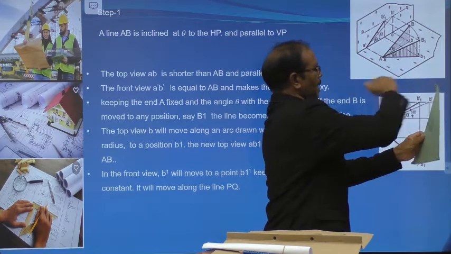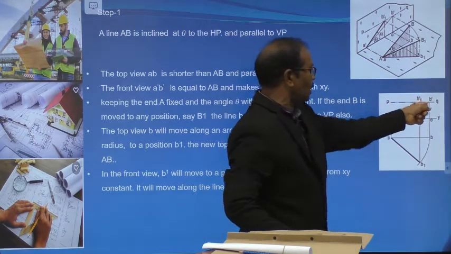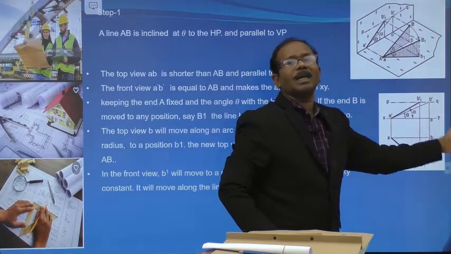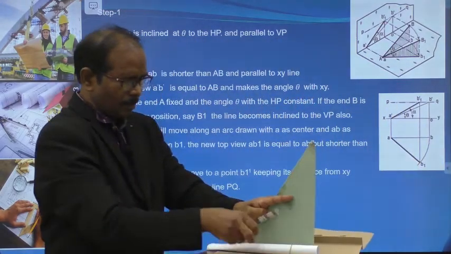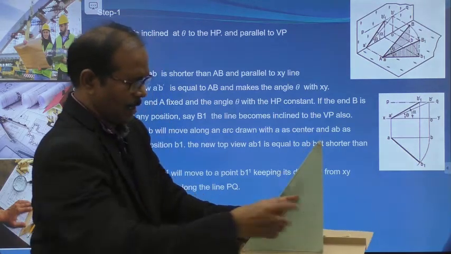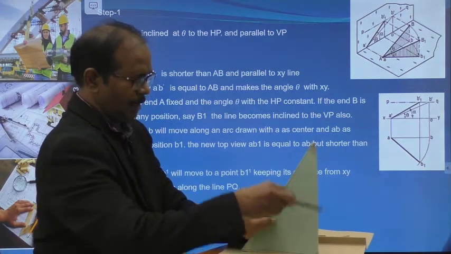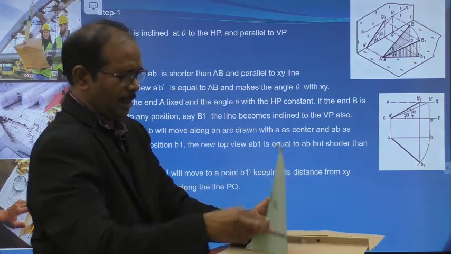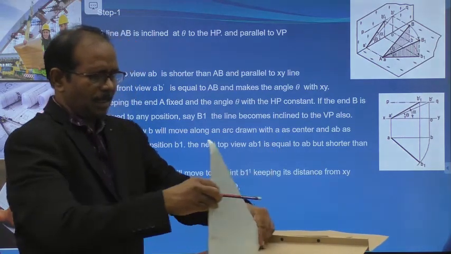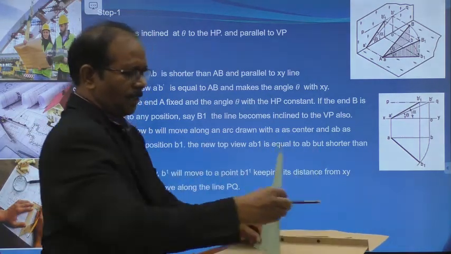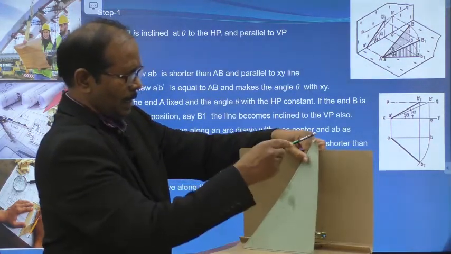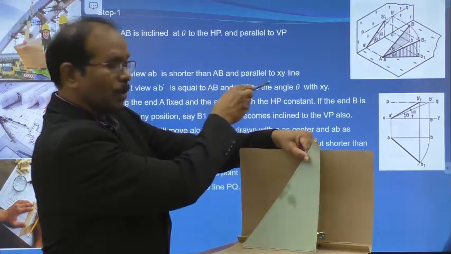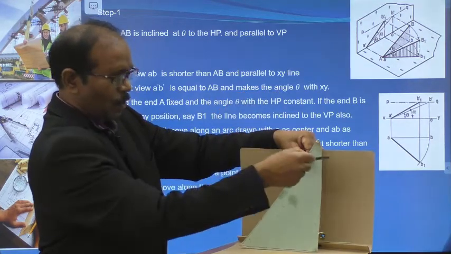That means there is a fixed locus. PQ is the locus. Beyond PQ, it is not possible. Because, let's see this. Observe this one. Say this is the height. This is the height. So that means this is fixed. This is fixed means this locus is fixed. Draw a locus line, that is the PQ locus line.